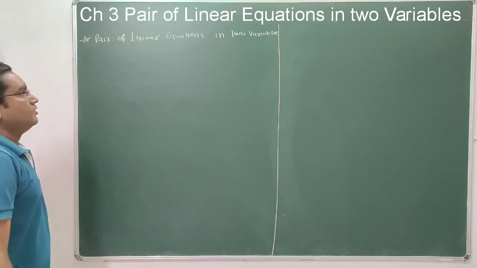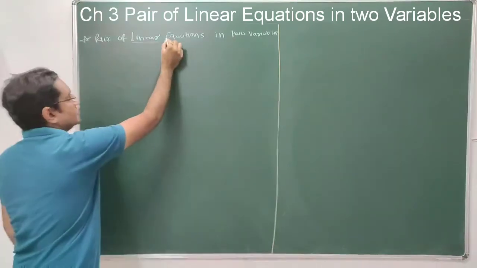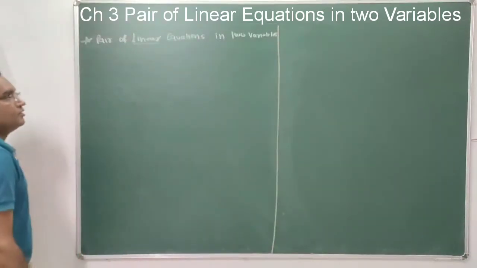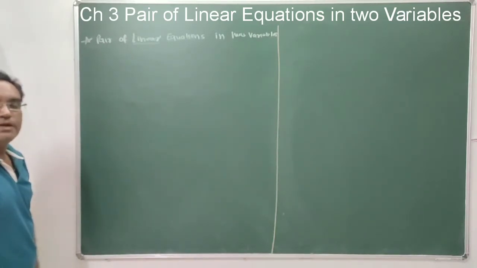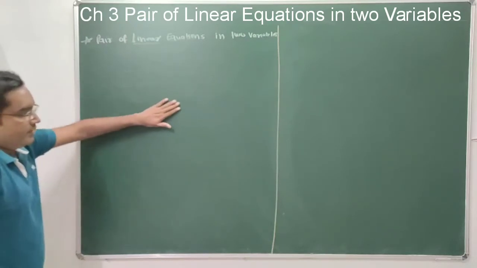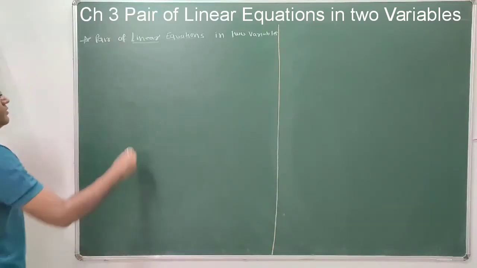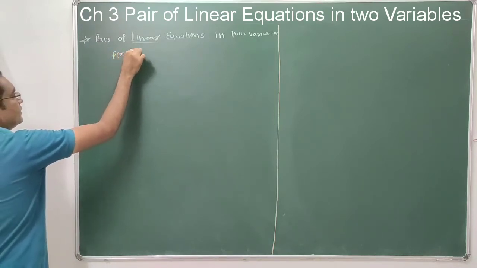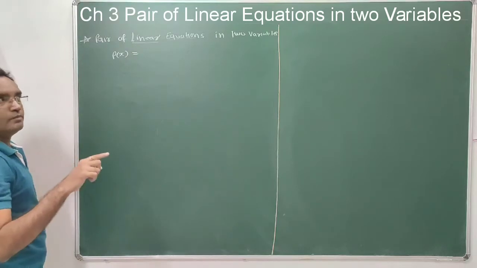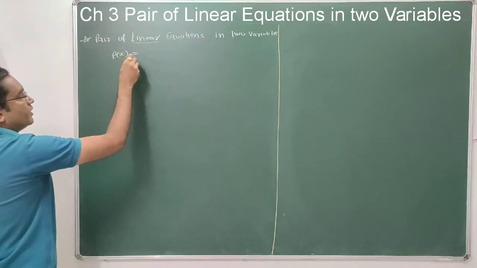So first we consider the word linear. Linear equations. So we have discussed different types of polynomials based on their degree: linear polynomials, quadratic polynomials, cubic polynomials. So let's start with the linear polynomial of variable x, a polynomial of only one variable. We are considering one linear polynomial of variable x.